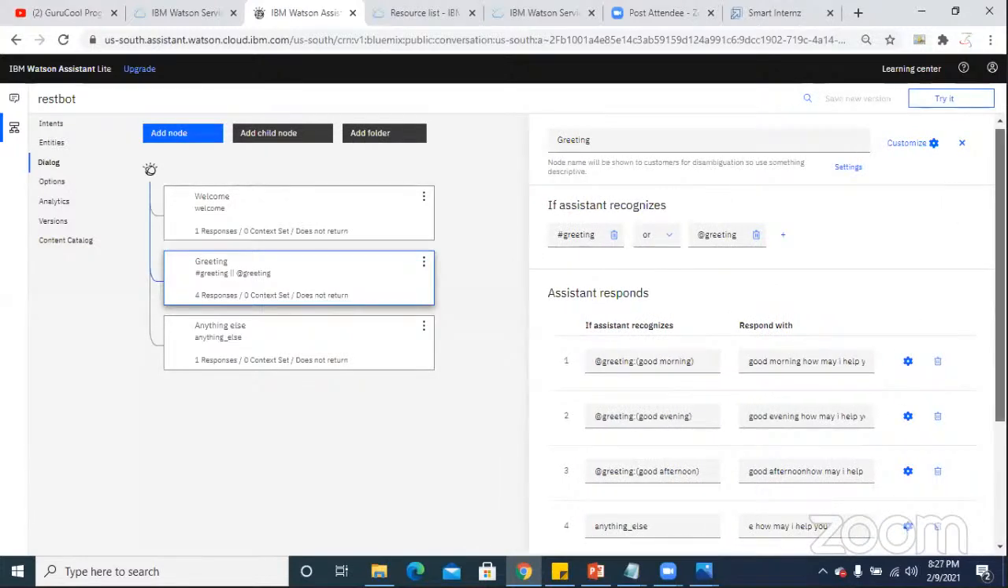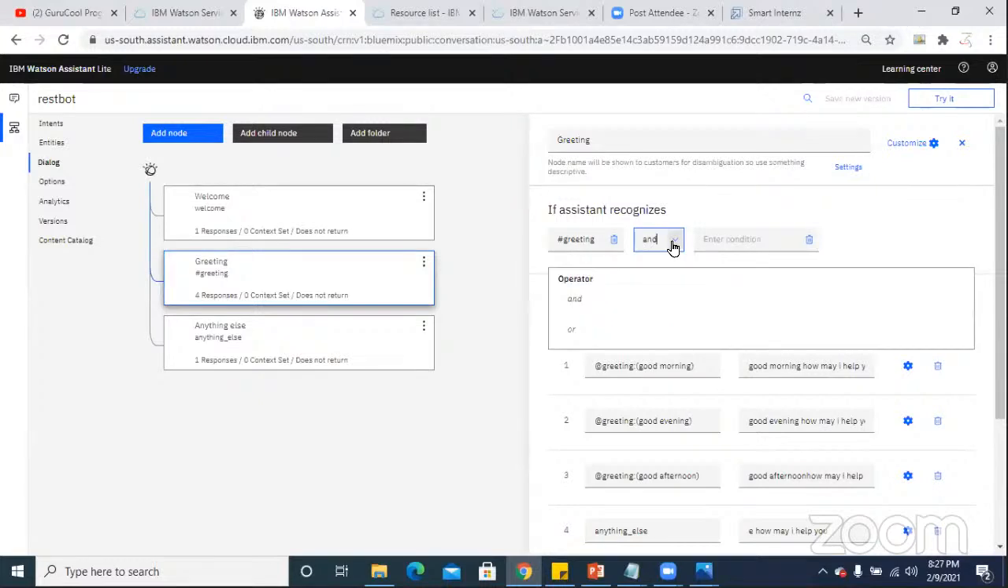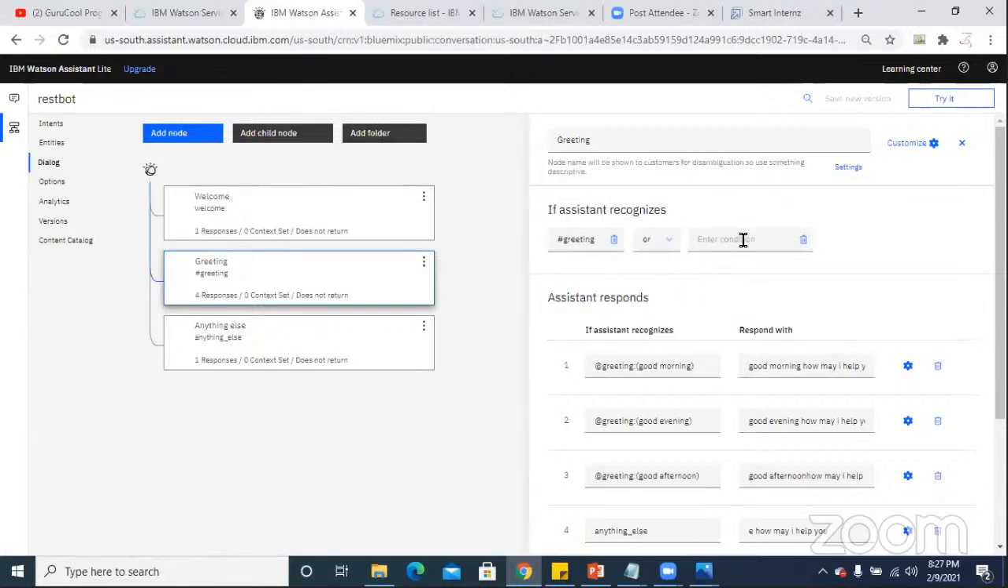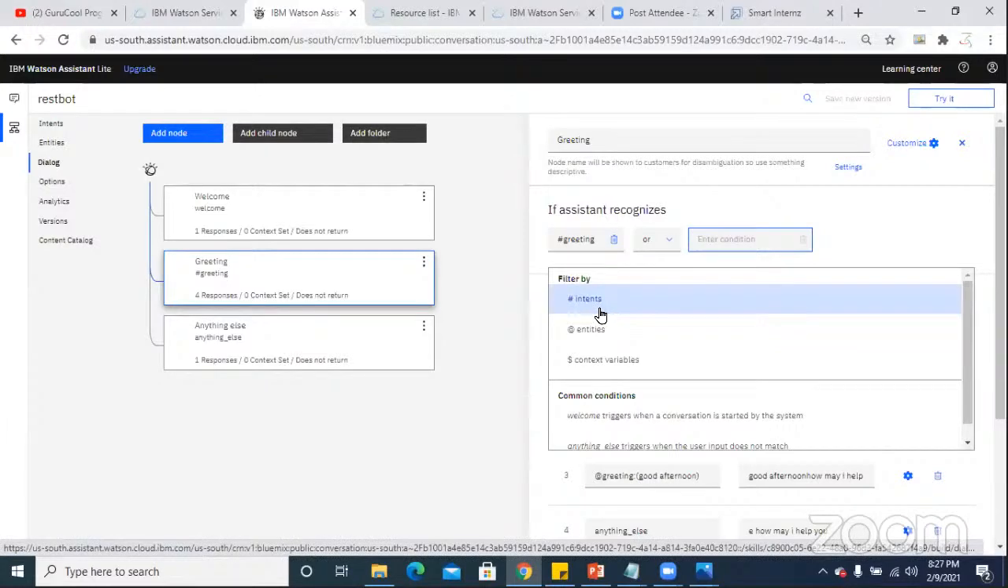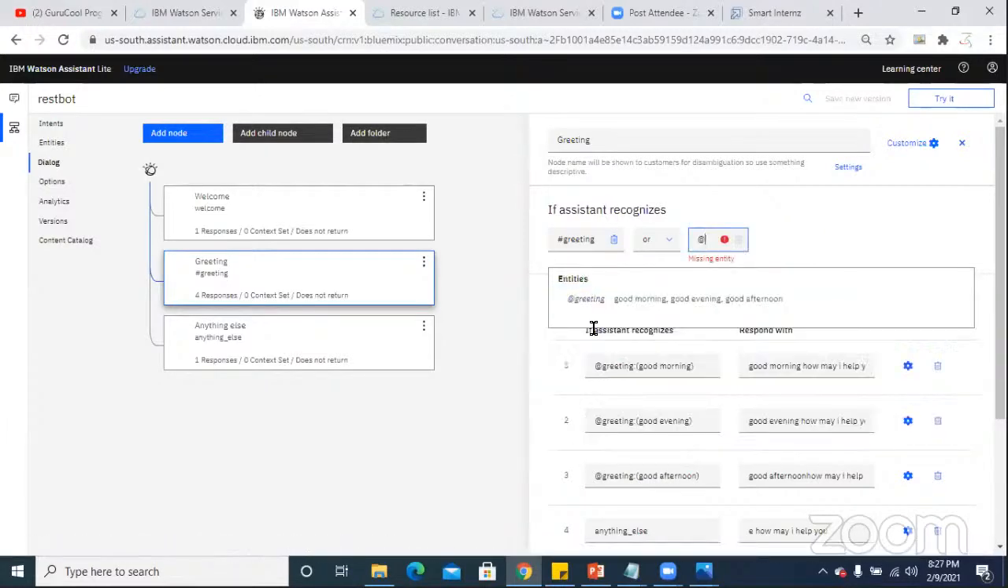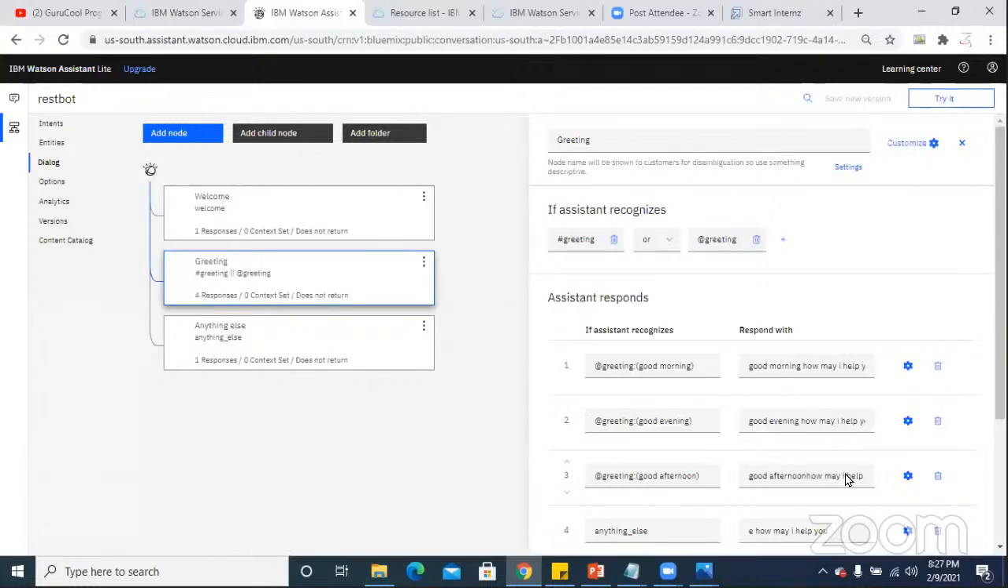Now, Ilyas, if you want to add another option, please click on the plus symbol, select this as or, and if you click on that option, you will find whether you want to select intents or entities. Now select entities, and that entity is greeting. So the IBM itself will prompt with what are all the things that you want to select. Now, if you want to add multiple responses, please click on customize,